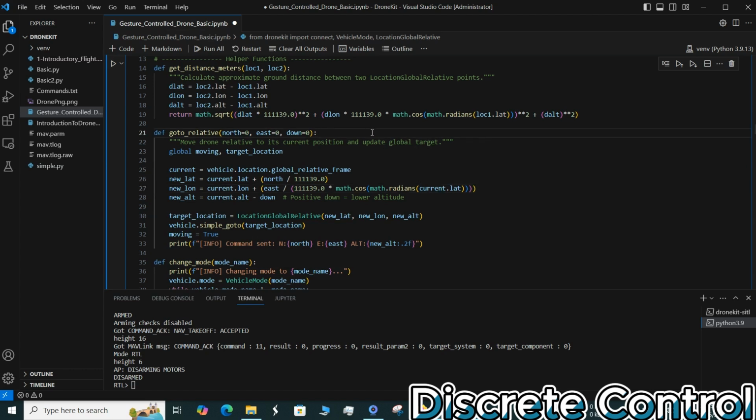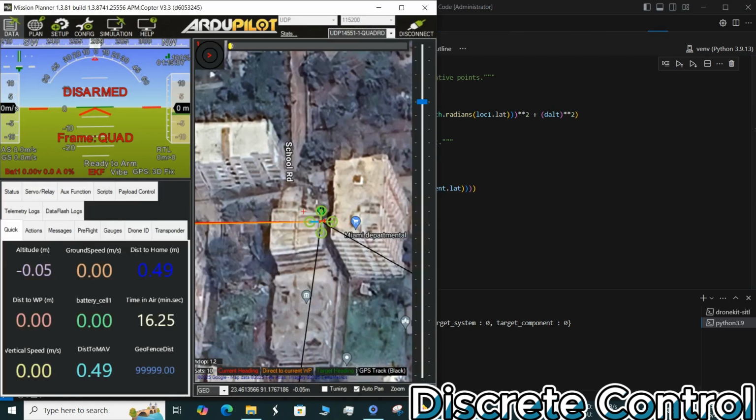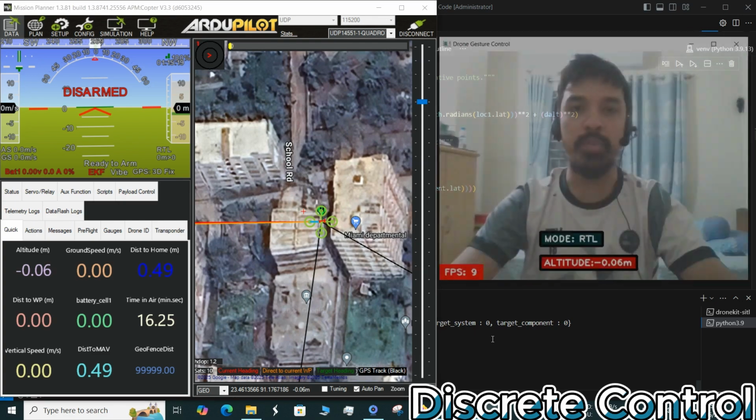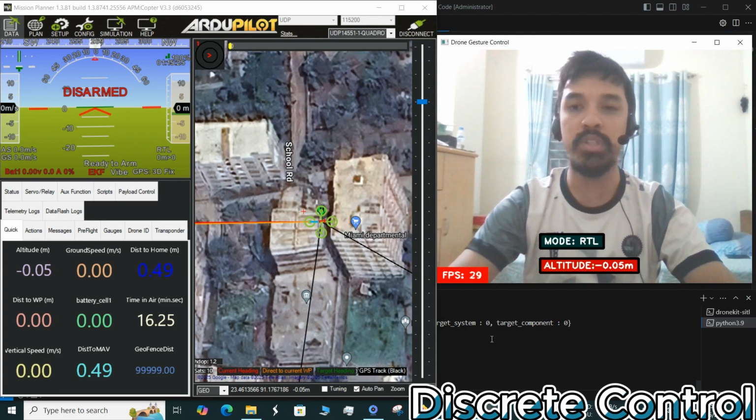So with no delay, I would like to run the code. APM copter version 3.3. As you can hear the audio feedback, the system is initializing, and the video pop-up should be coming up very shortly. Like the previous part, there won't be any virtual zone, as you can see, and I can arm and take off the vehicle to the target altitude, which is 12 meters in our case, simply by using the thumb